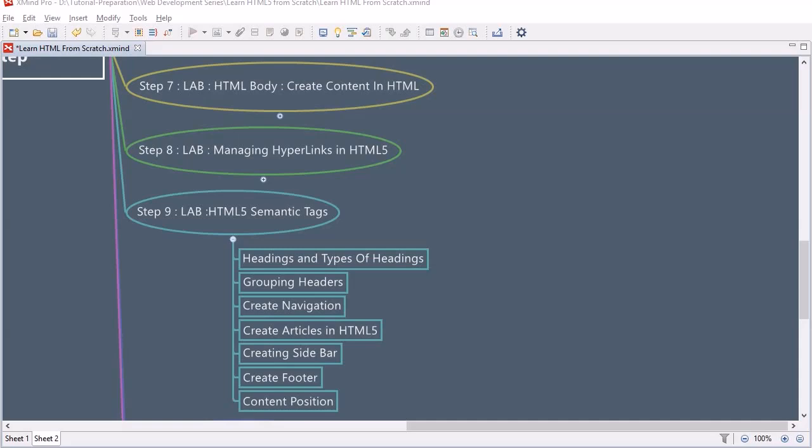HTML5 also offers article elements that will also be used to decorate your text and images of the web pages. Once we are comfortable with the article element, then we will look into the sidebar, that is the aside element, how we can easily create the sidebars using the aside element of HTML5. And at last we will look into the content position, how we can achieve the content position with the help